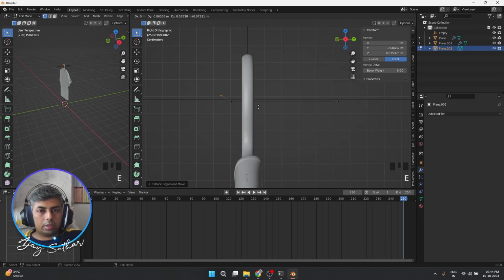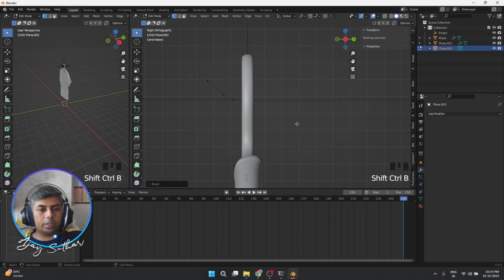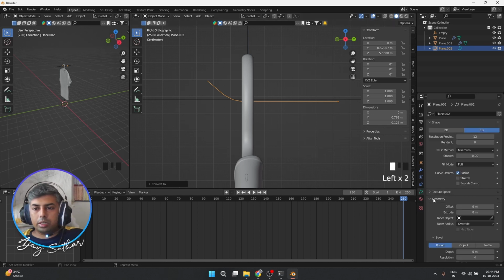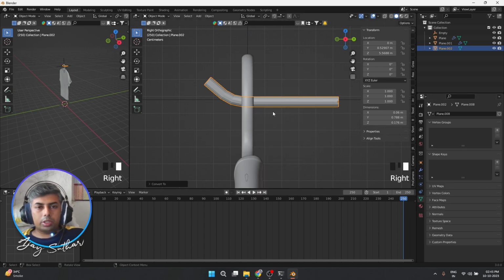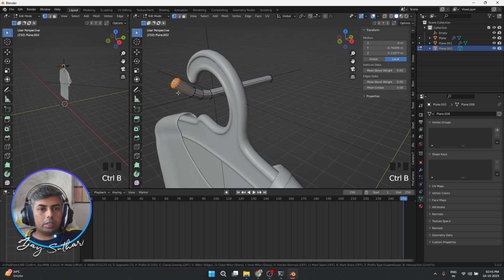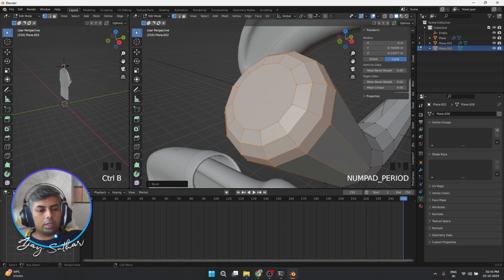Now a little up. Control Shift B for these, and then right click, convert to curve, and this is fine. Convert to mesh. Then let's select these, F, Control B, with segment, and then